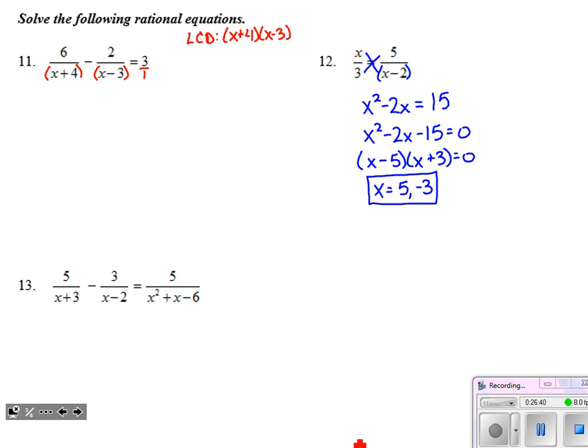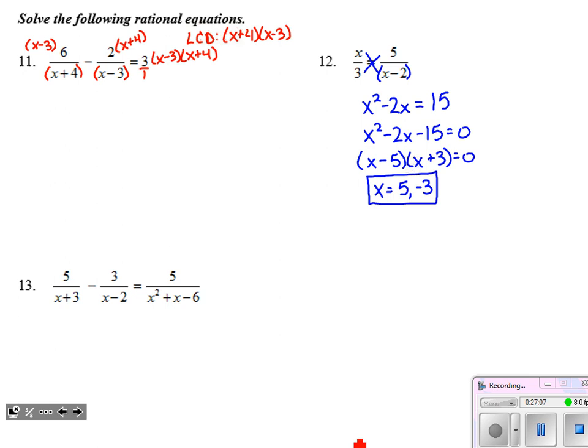So for number 11, what's the only thing missing? Well, it's the x minus 3 factor. So I'm going to multiply that in. And again, remember, all the action is happening in our numerator. The second fraction, all that's missing is the x plus 4 factor. So I jot that in. And on the right-hand side, it's missing both pieces. So I'll have to multiply in the x minus 3 and the x plus 4. And I've made all of the adjustments to set up that common denominator.